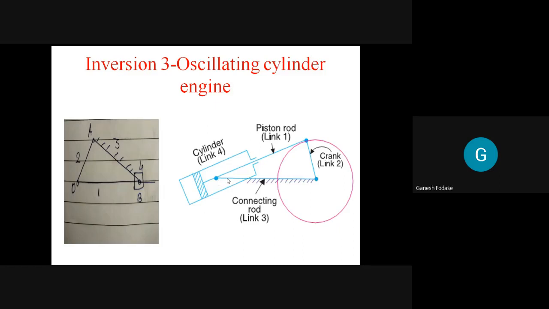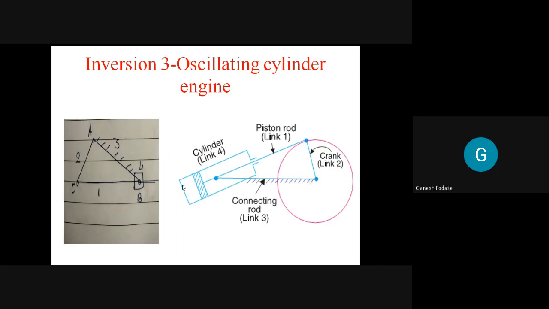But what we do here, this connecting rod is pivoted, or connected, to this piston rod by means of a pin joint. So when this crank rotates, what happens? This piston rod will reciprocate inside the cylinder, and this whole assembly, the cylinder, will oscillate about this pin joint, about the center. As the cylinder oscillates, along with its primary work, that is, it reciprocates also. As the cylinder oscillates about this joint, it is also called an oscillating cylinder engine, because this engine cylinder oscillates along with its normal function.